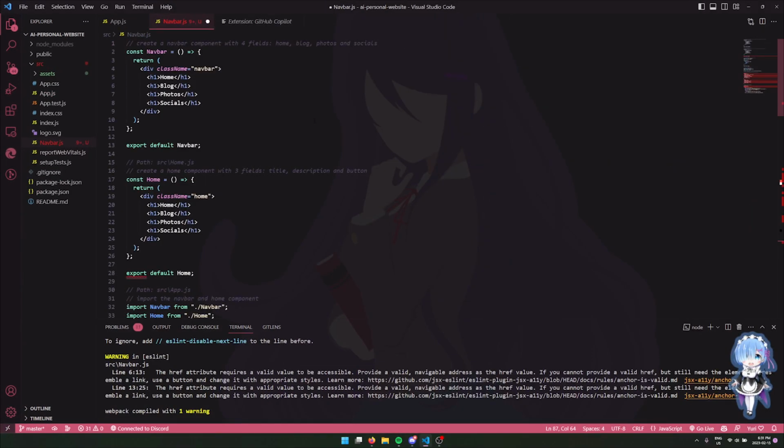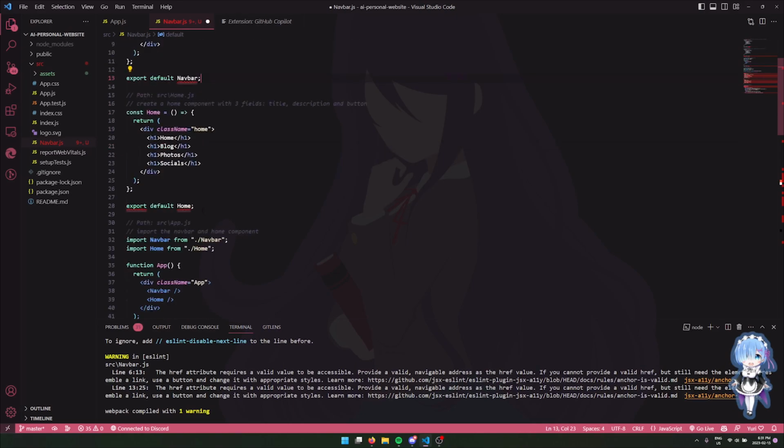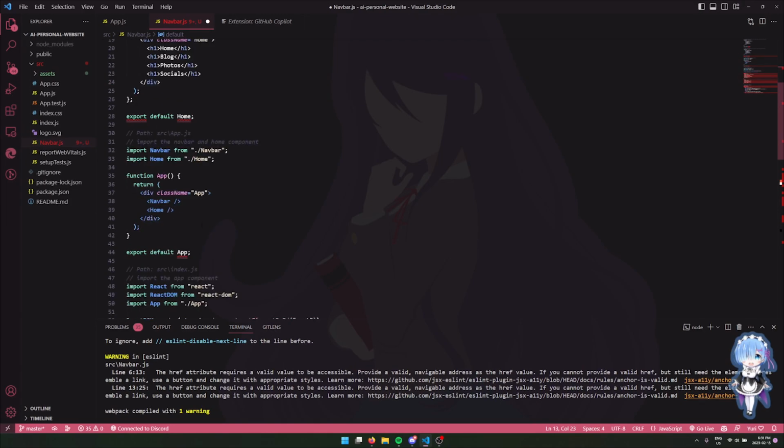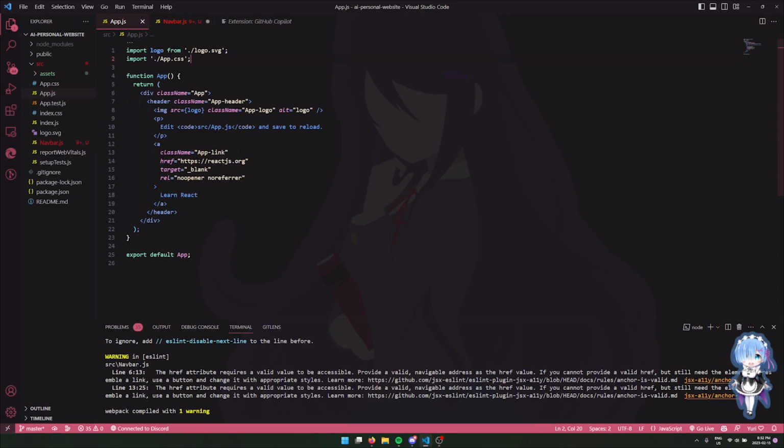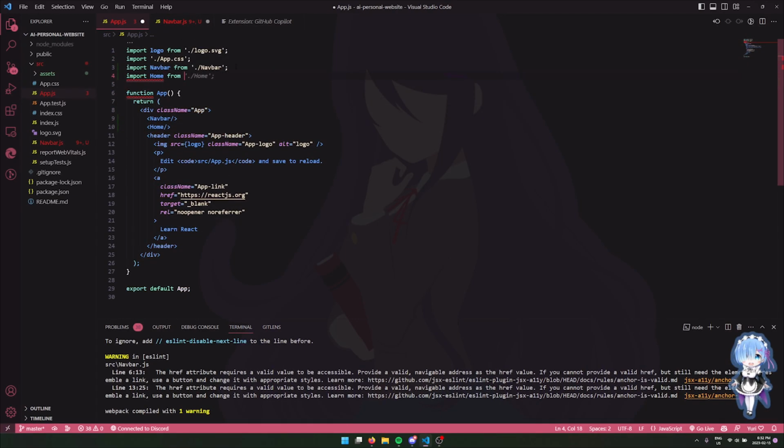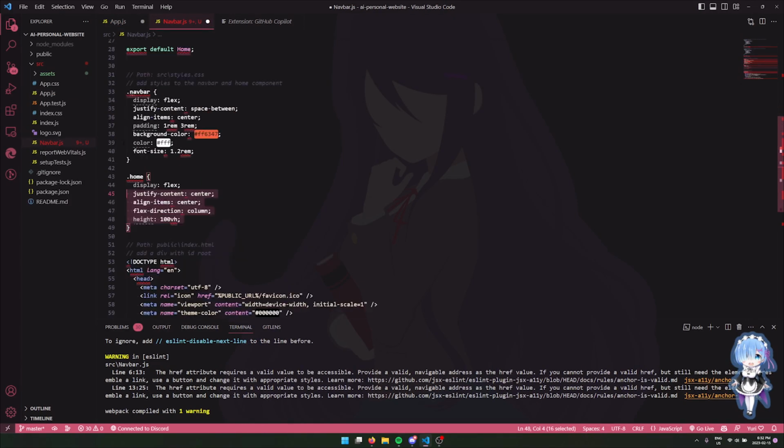Okay, so now we have a navigator bar, we have a home, we technically don't need the app because you already have that. As you can see here, it does tell you this is supposed to go into app. So let's just put it in and see what happens. For the purpose of this video, I'll just quickly do those and make sure all the files are there.